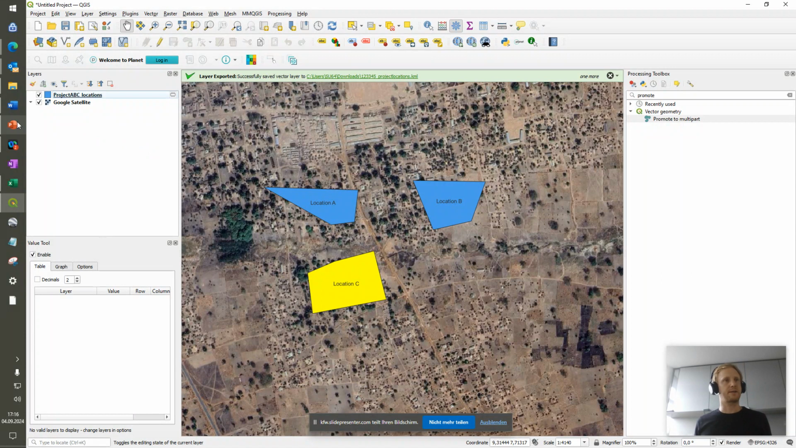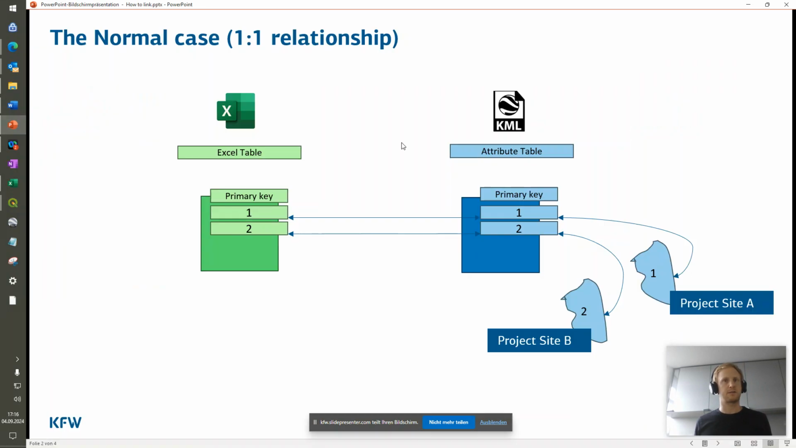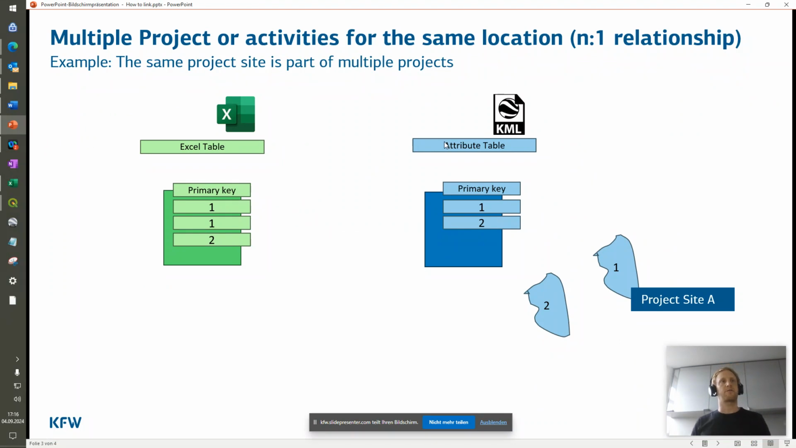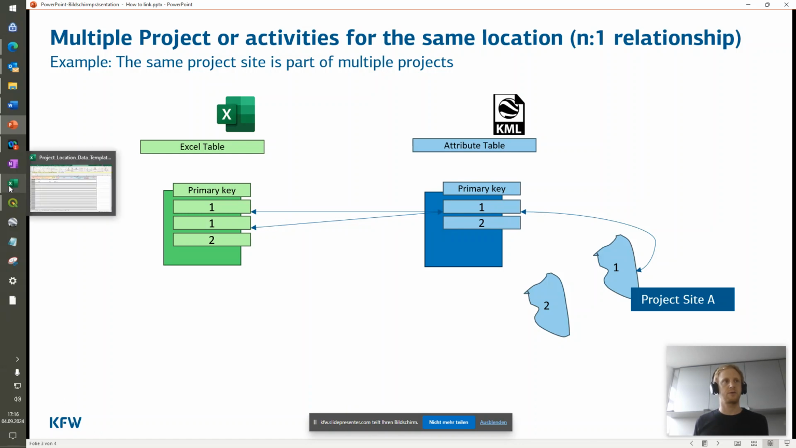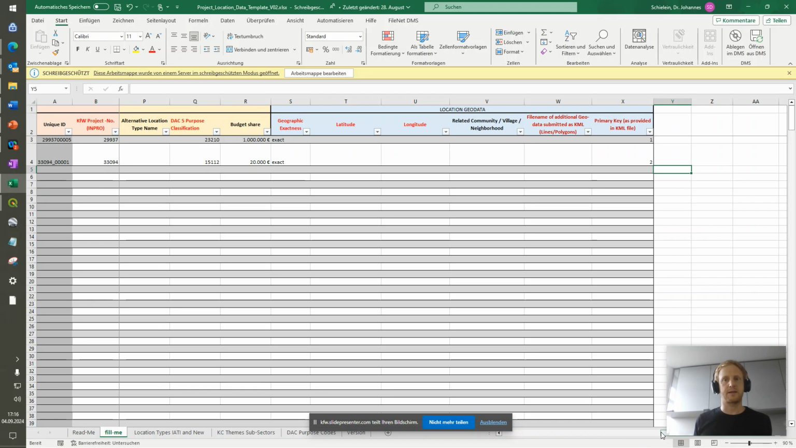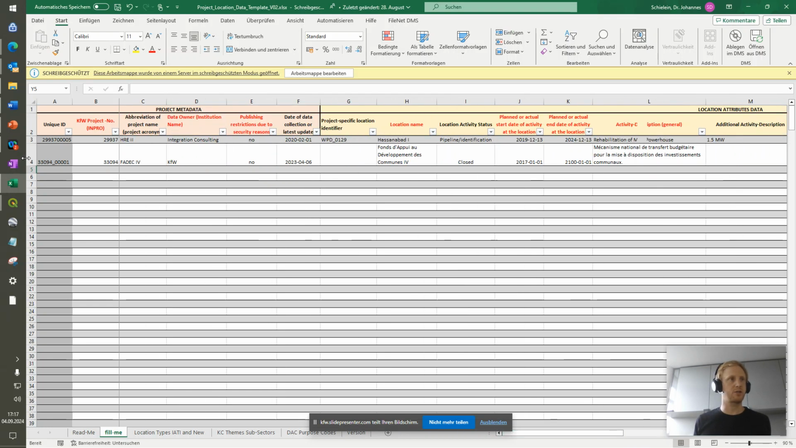Now, second case is also a simple case. So the second case would be that I have multiple projects or activities for the same location and to one relationship. So the same project site is part of multiple projects, for example. So I have my project site A in this case only, and it is basically linked to 2 entries in my Excel file. So in that case, for example, let's say I would have for this very same location here